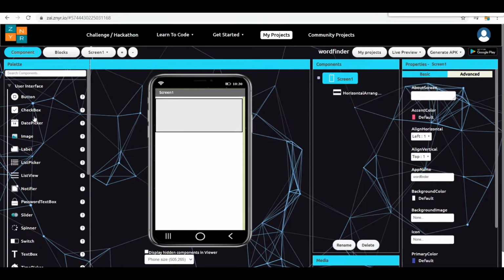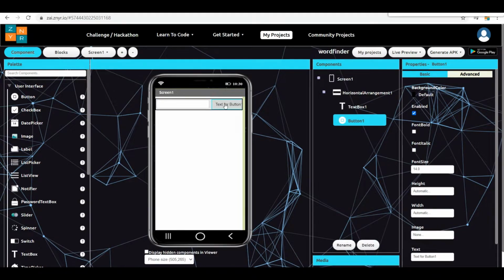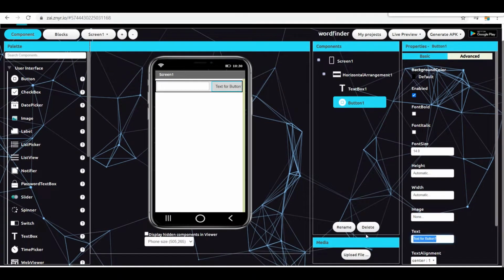Initially let it be my text box. Whatever word I'm typing over here should be displayed. So I need to type here, and after typing I need to click this button. This button, I'm changing the name to search, and you can change its font size to 25.